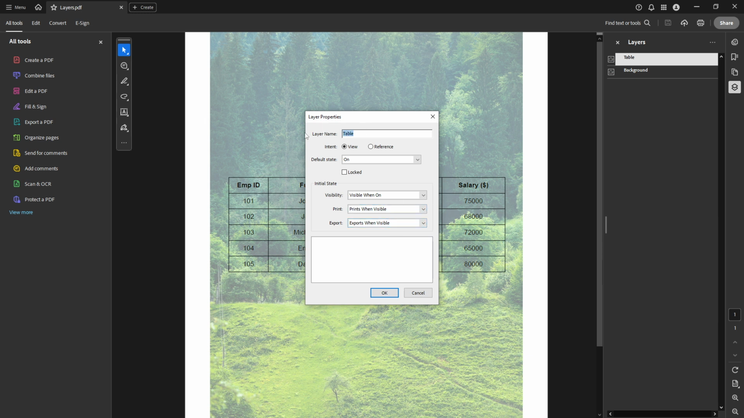And that's it. By following these steps, you've successfully navigated Adobe Acrobat Pro DC to edit layers within a PDF. Remember, understanding how each layer functions and interacts is key to effectively managing your document's content. Now, with these tools at your disposal, you'll be able to tailor your PDF layers to suit any specific need